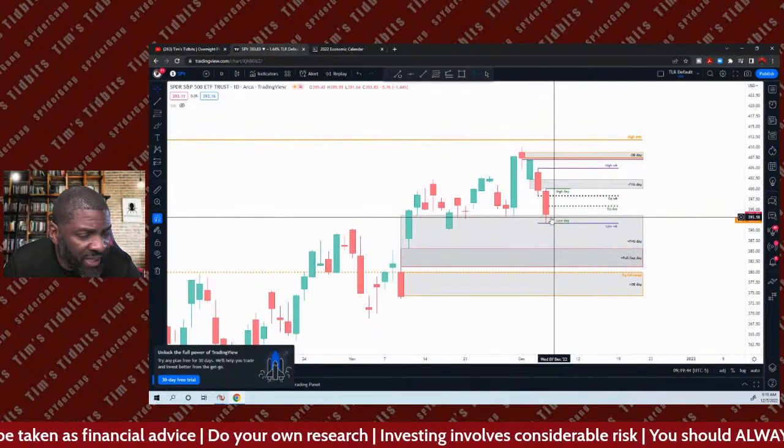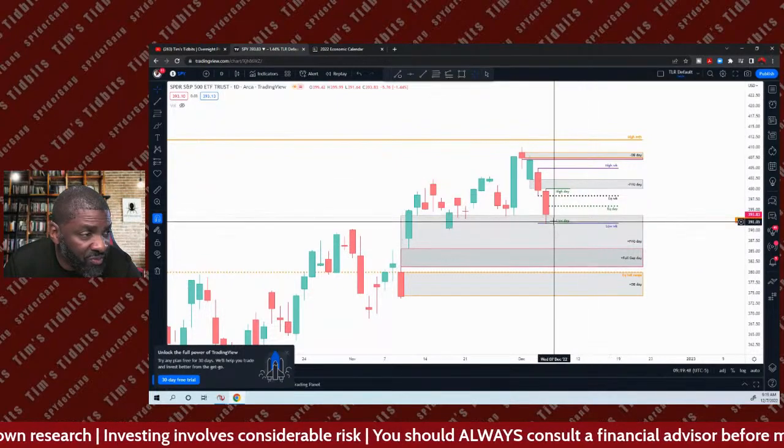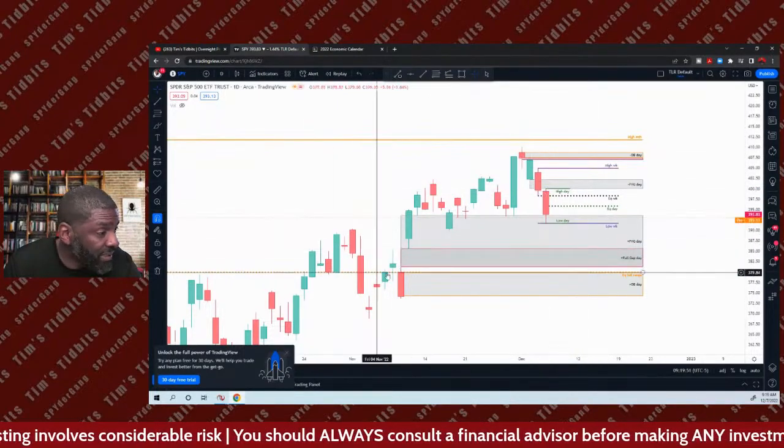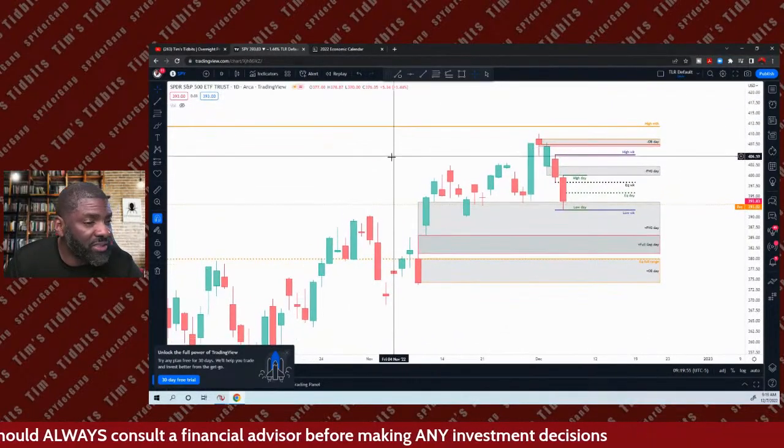Like I said, we're getting ready to gap down slightly. Let's see if we get a gap in reverse or we get a gap and go. Let's let the price action tell us what it wants to do. Speaking of price action, let's go look at